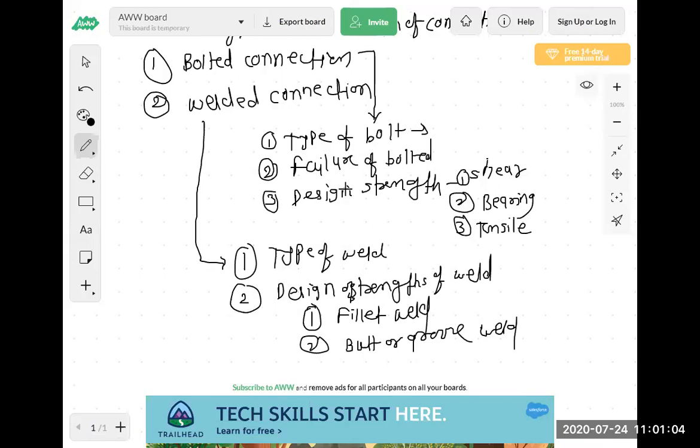Now these two connections, bolted and welded, we have to use in every chapter from chapter number 3. In every chapter, one step is the bolted and welded connection, when we are solving the problem on the design of the tension member, design of the compression member, design of column; the next 3-4 chapters are that. So in each, we have to design the bolted and welded connection. Okay, shall I move next? Okay, so I will stop here for this unit number 2.